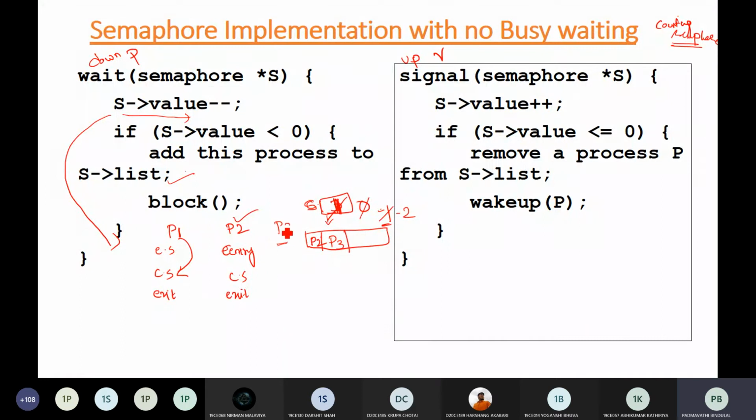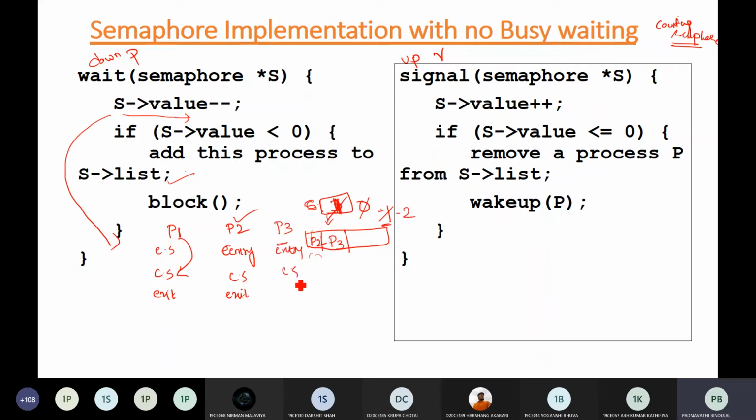So this way, if one process is in the critical section, other processes are blocked, or you are maintaining a queue and all the processes are residing in this queue. Okay, they are not checking the value of the semaphore frequently, like in the previous example, they are just residing in this queue. Okay, so P3 is also now in the queue.